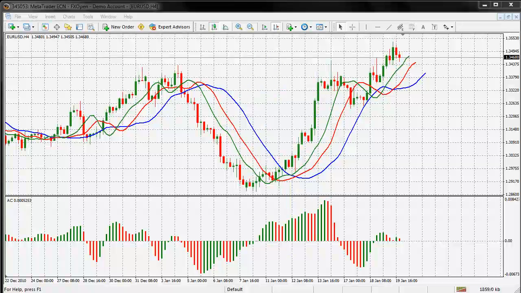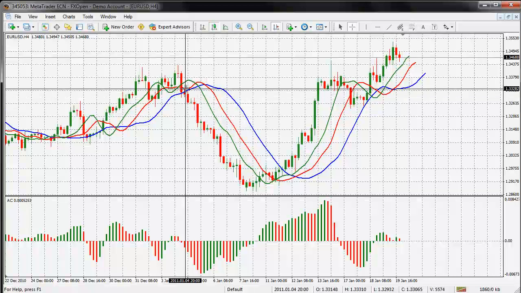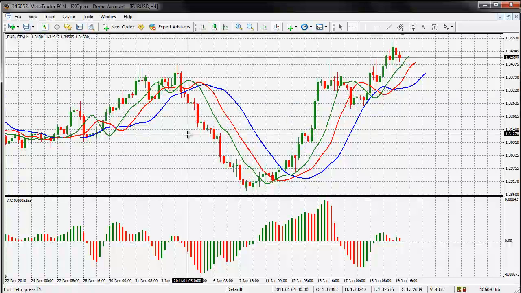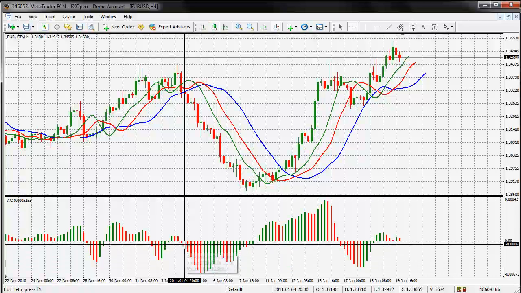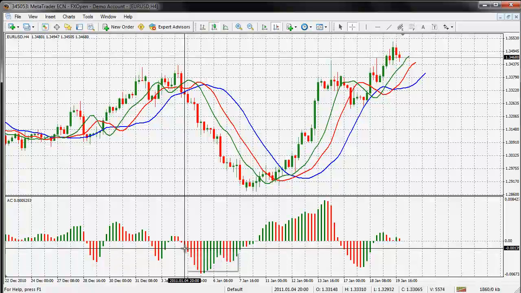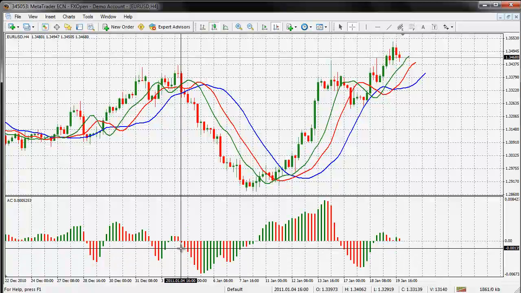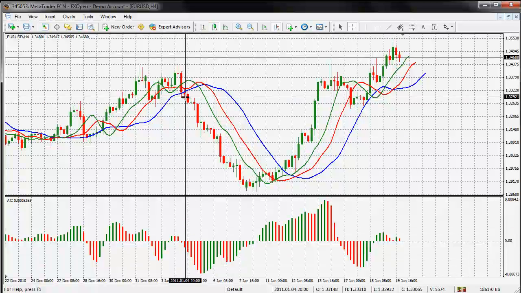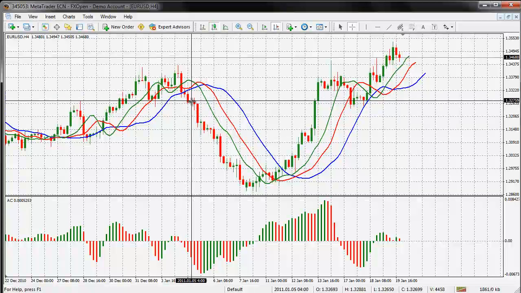So if I take that off and get my crosshair tool out and place it over that candle, down the bottom you can see the accelerator oscillator, and the second bar from its start, that little tiny one right there, boom, and then the second one goes over on that candle. So when that candle finishes, you then go short. But you also have to remember